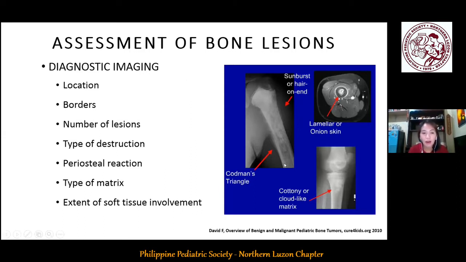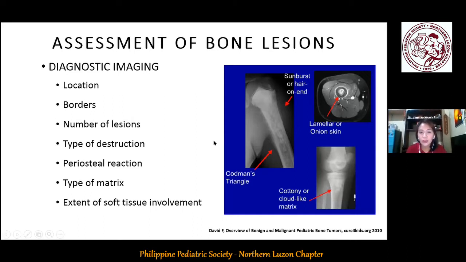So shown here are different types of periosteal reactions. In medical school, we learned about sunburst or hair on end pattern suggestive of osteosarcoma, and a Codman's triangle as shown here. When you see a Codman's triangle, it is a tumor pushing out onto the periosteum, suggesting an aggressive process. Here, this picture shows a lamellar or onion skinning of the periosteum, which we may see in cases of osteosarcoma, Langerhans cell histiocytosis, or even